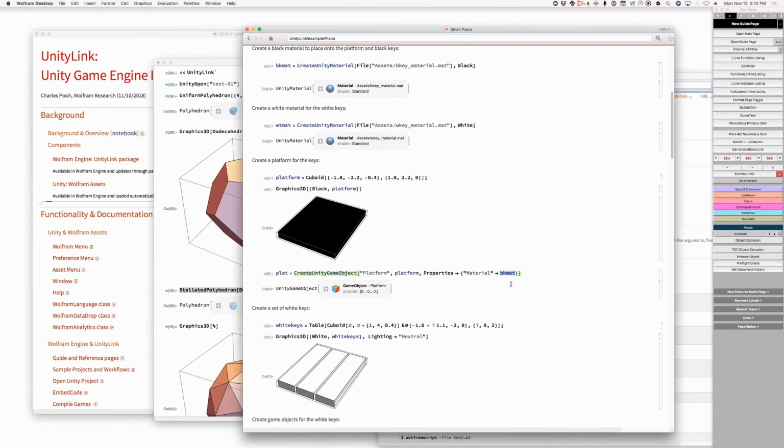Okay, so create game object platform properties material is this, but I don't understand why you don't do it. This bkmat is a Wolfram Language object that then all gets packaged up when you say create Unity game object. Why are you making that be an indirect reference to a file there? Oh, yes, definitely we can do that. Okay, fine. It's just an alternative way of doing it. Okay. Right. Okay. So then this is